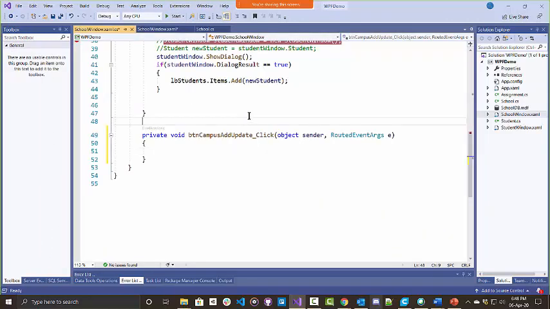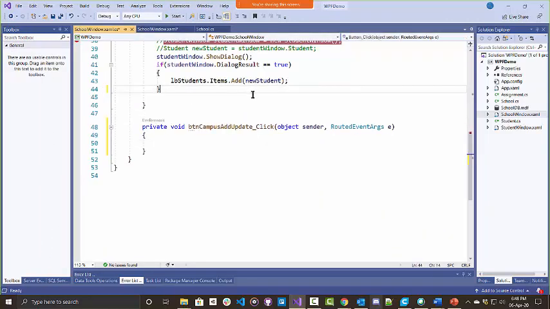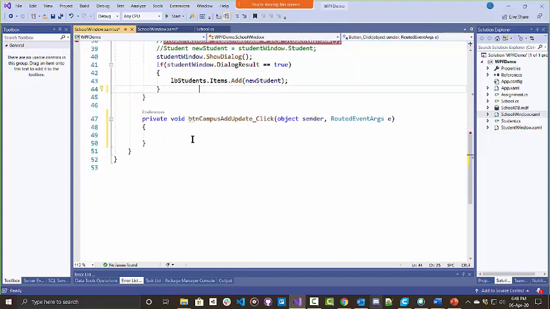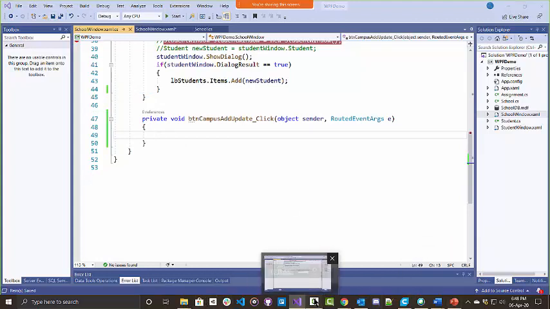You could repurpose that existing method, but I wanted it to have a better name. So now I've got this add update click,